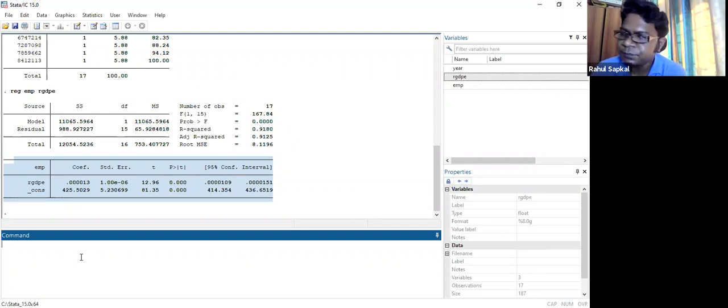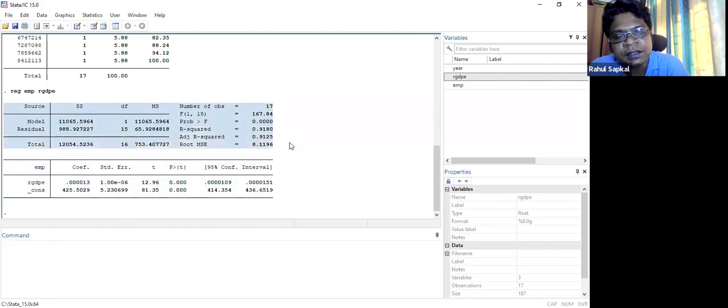It has an added advantage: functions also. You can change the variable, you can also change the mean value, median value, depending upon your model specification. So this one is much better as compared to Stata, as compared to Excel. Now in Excel we have to calculate each and everything. Excel will give you the value of only the coefficient.